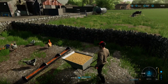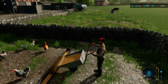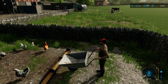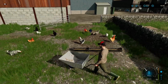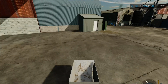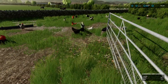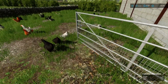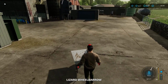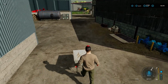Now off camera I did cut the pig field. Didn't seem to do anything to the map slash precision farming. I think I should have lost them for the day actually. So potentially we could take all of that grass off, give it a cut, a trim back. Although I've not done it,